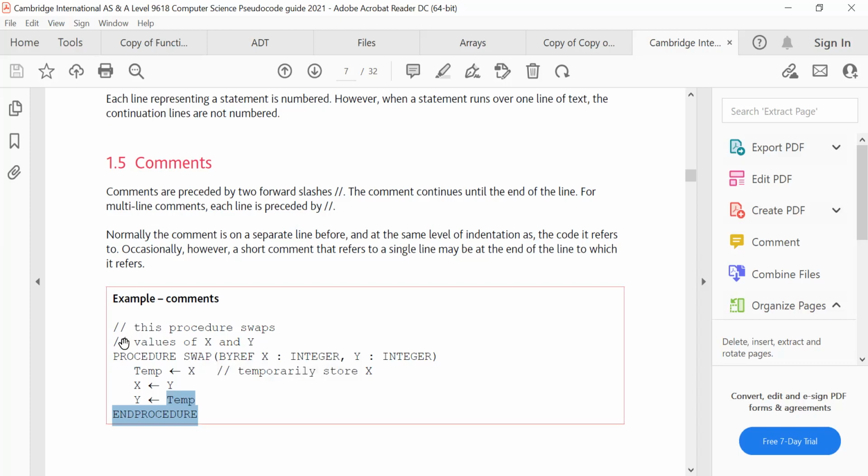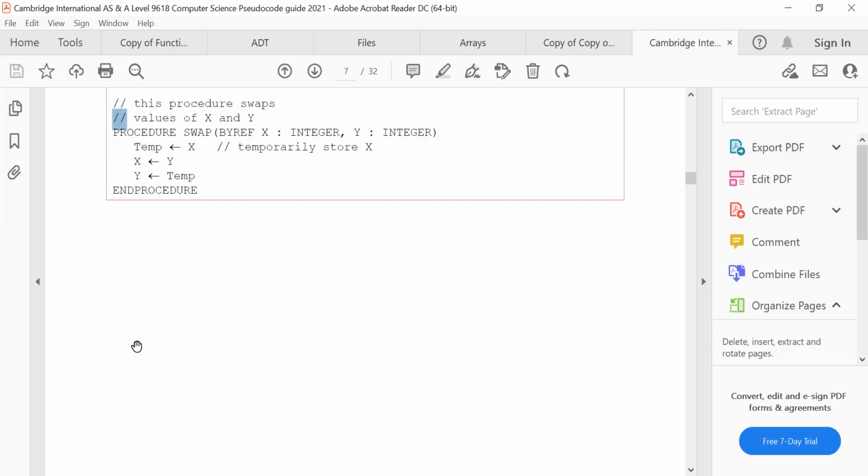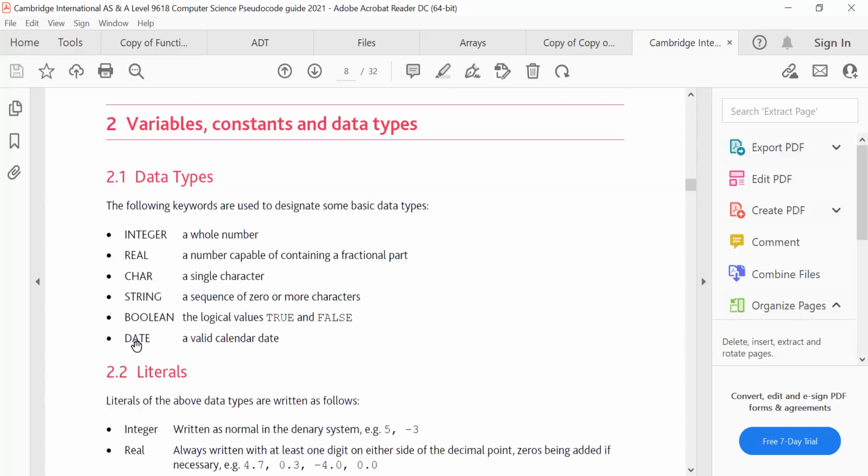Okay, so you know that previously we used the hash to be able to do comments in the Python code, but here we have double slashes, sorry. Okay. Okay, so